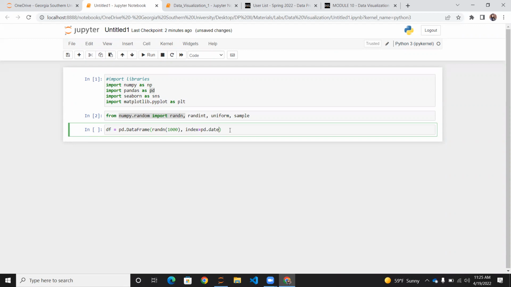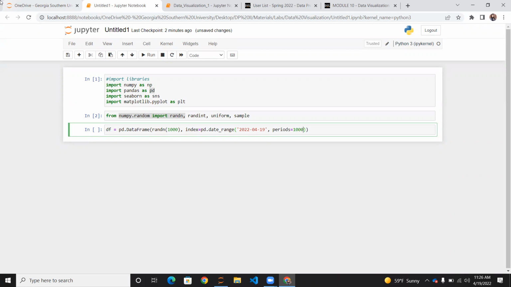here we are going to use the date range function. Recall what the date range will do: it lets us play with date data. Let's say today's date is 2022-04-19, with 1,000 periods. So we're going to create 1,000 periods. You can see the starting date is the first one, and the second